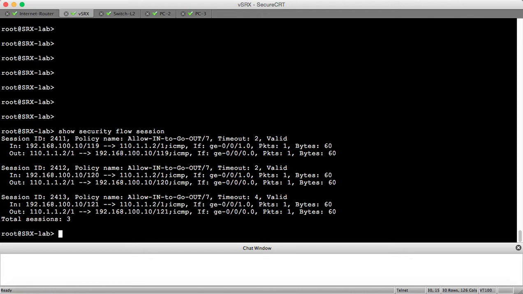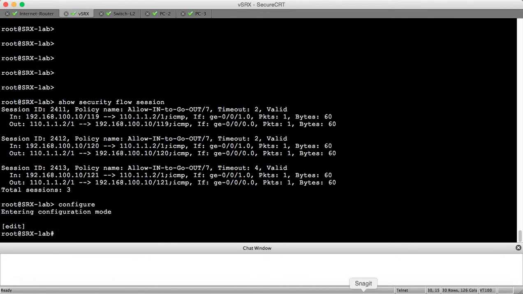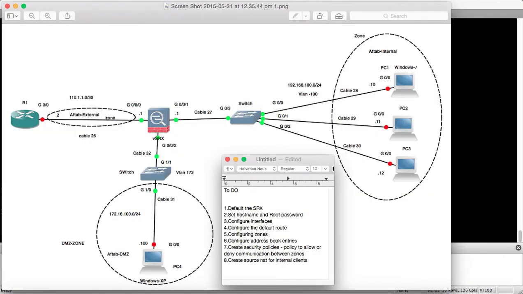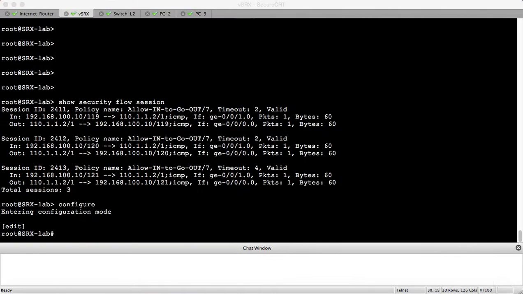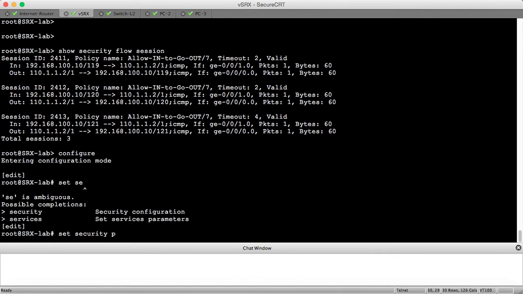So now we will create NAT, right? In configure, now what I'll do is, as per this diagram, I'll use this interface as a source NAT itself. For this lab I'm just using the source interface and not defining any pool for that. So set security policies